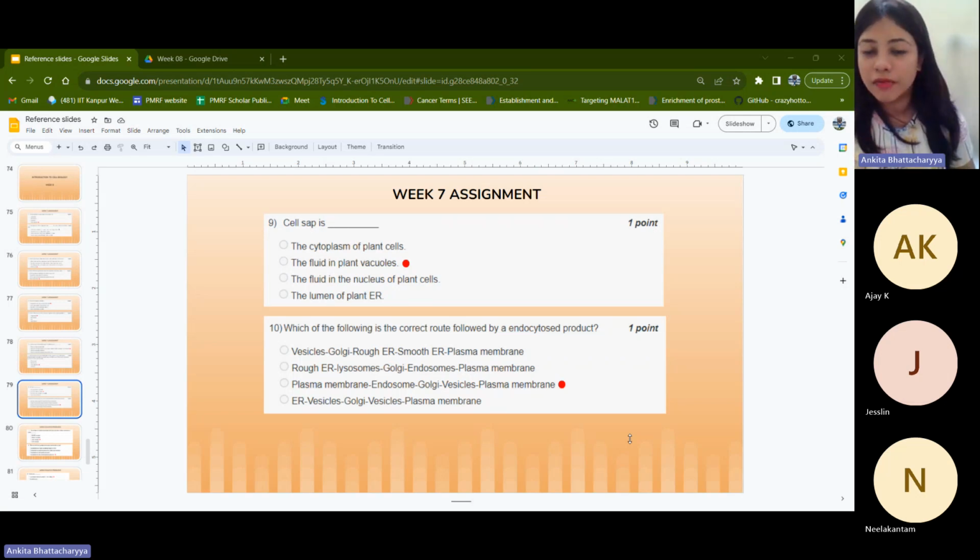It could be that there is some function of the Golgi apparatus in endocytosis that I'm not able to recall at the moment. Maybe I'll go back to it again. But just having plasma membrane, endosome, and plasma membrane will be a wasteful investment for this cell. There should be some breakdown there.